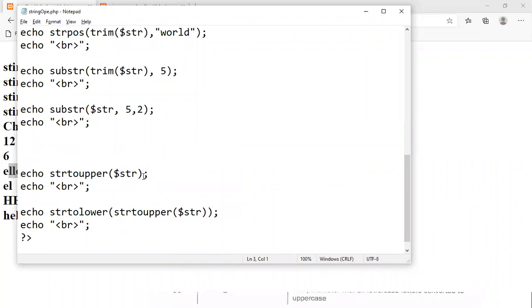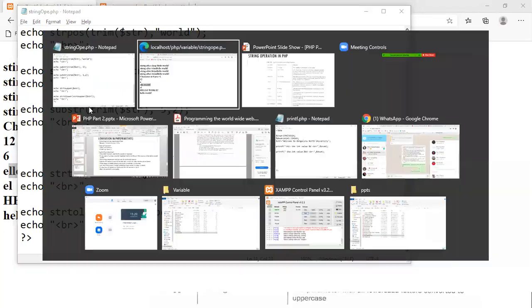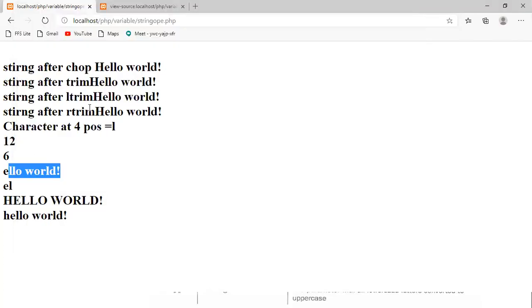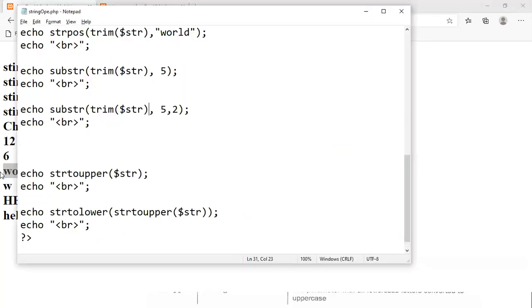Right now I know that, but remember, if it is a larger program or you are working with a database or user input, that time you can easily work with it. So let's run this. Yes, it is working fine, right? You can check it out. And here I would like to tell you about substring.